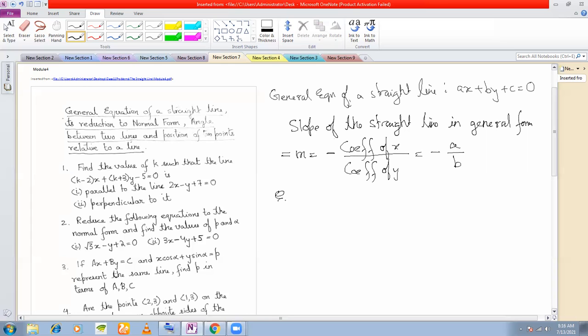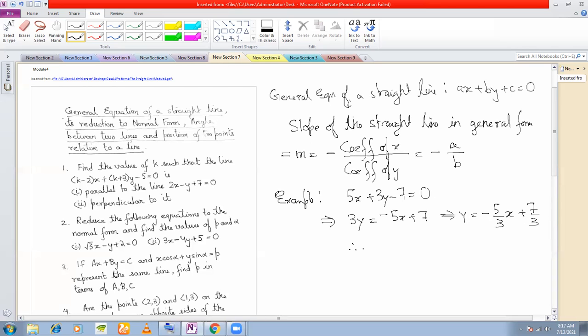Now remember, when I was giving you the equation of any straight line, how were you finding out the slope? Suppose I was giving you 5x plus 3y minus 7 is equal to 0, and I wanted you to find out the slope of this. Earlier, what were we doing? We were writing this in the form y is equal to mx plus c. So 3y is equal to minus 5x plus 7. And then from here we are getting y is equal to minus 5 by 3 x plus 7 by 3.